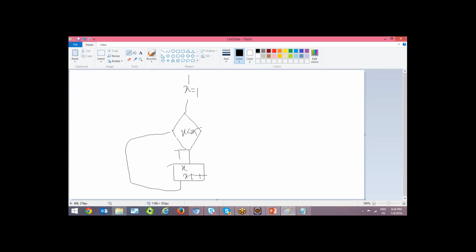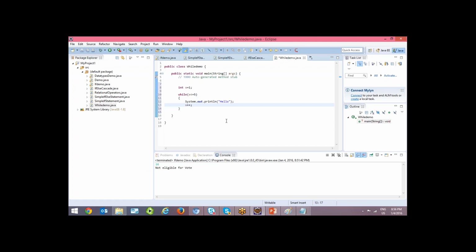If you go here, the condition is failed. Whenever it is failed, it will come to the other part and it will go to the next line of the program. This is called looping statement. It will repeat for n number of times, depending on the condition. If you give the condition as x less than or equal to 50, it will repeat 50 times. If it is 100, depends on your starting value and ending values, the number of times the looping is executed. That is called while conditional statement.